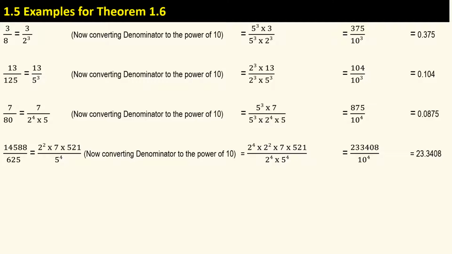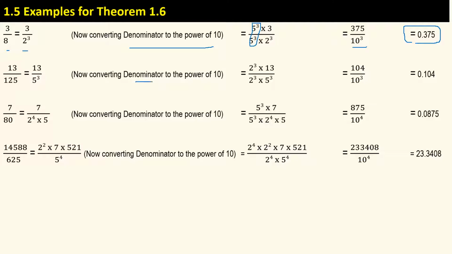Now let's take a few more examples for theorem 1.6. Let's take 3 divided by 8, which is equal to 3 divided by 2 raised to power 3, and now we convert the denominator into a power of 10 by multiplying and dividing by 5 raised to power 3 here, and we get 375 divided by 1000, which is equal to 0.375. Similarly, let's take 13 divided by 125, which is equal to 13 divided by 5 raised to power 3,